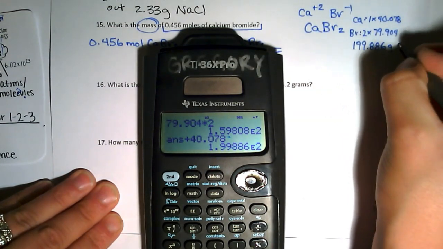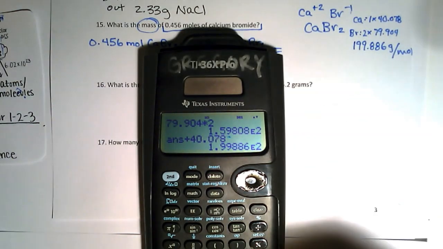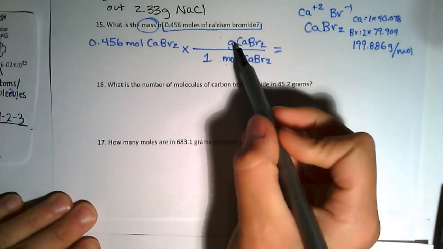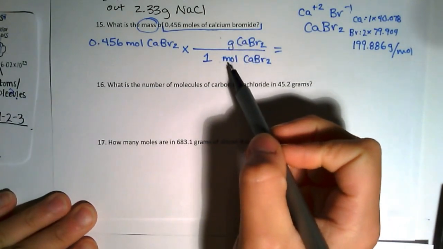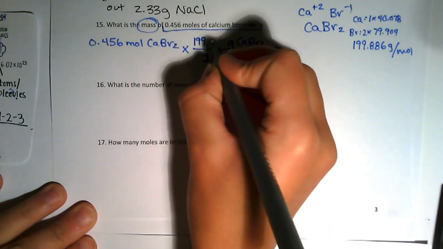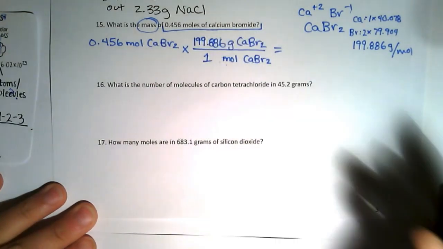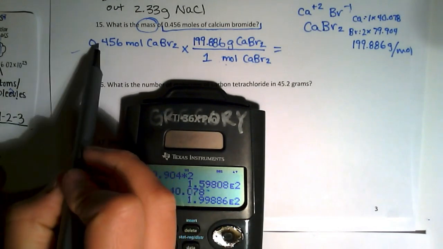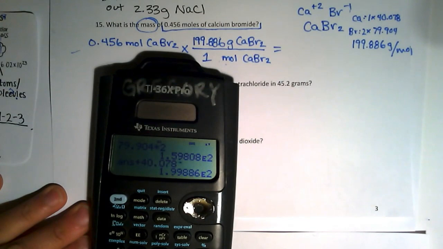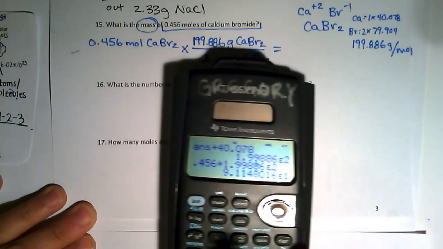9.886 grams per mole. Okay, so now we have our molar mass. So we know how many grams are in 1 mole of calcium bromide. 199.886. So now we just need to do 0.456 times 199.886. So 0.456 times my previous answer, and that gives us